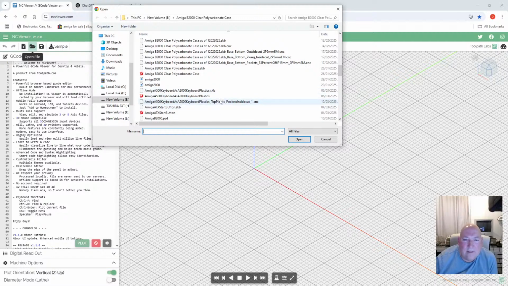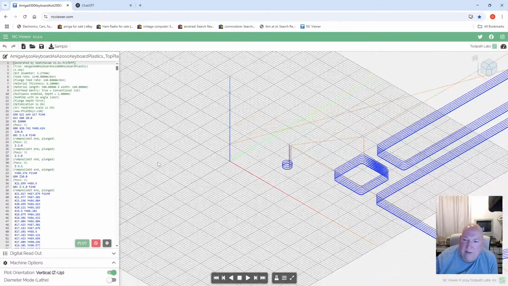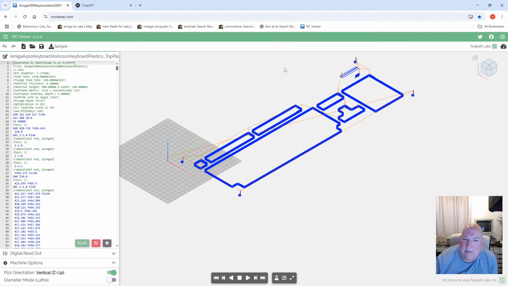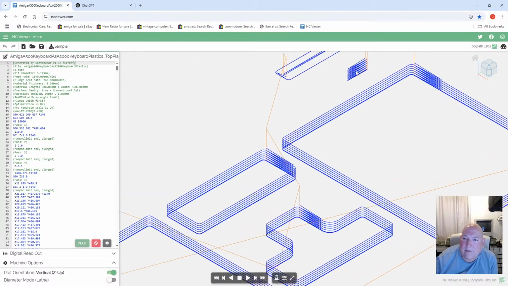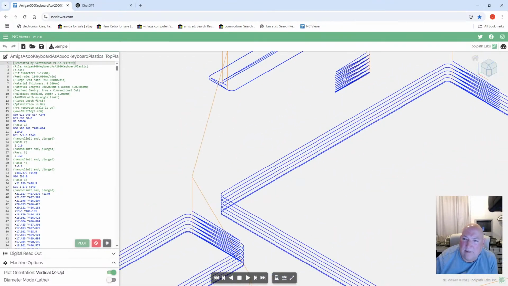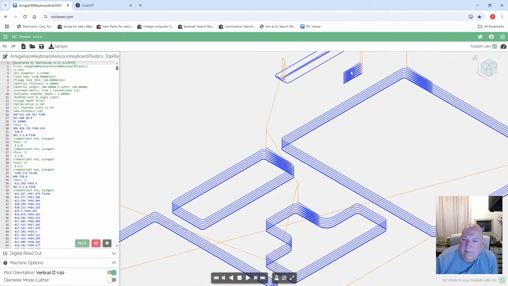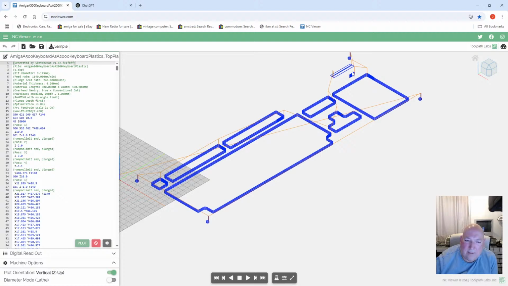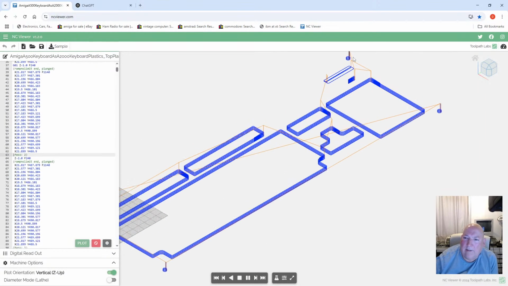Here it is. Top plastic, inside cut. There's going to be an error on this where it mills the slots. I know there will. See that there? See what it's done? It's only done the one, and it's done weirdness because it's trying to tell you that your size is bigger than the milling bit, but mostly we can run it up, and it's going to start over there doing the